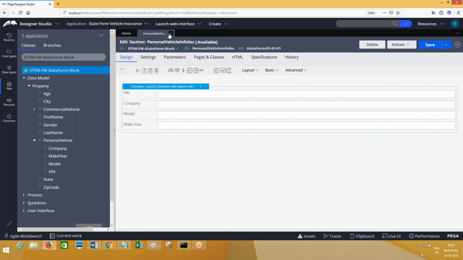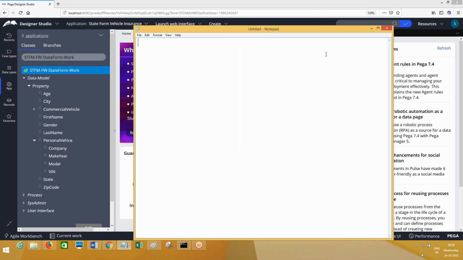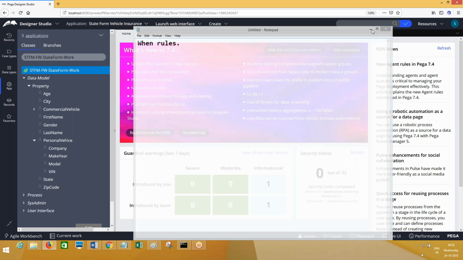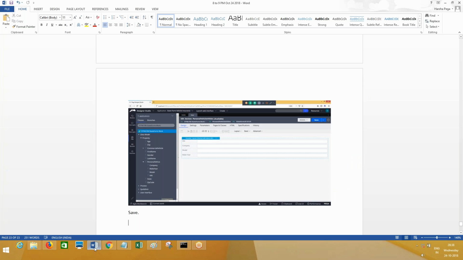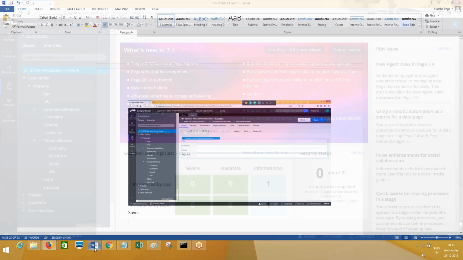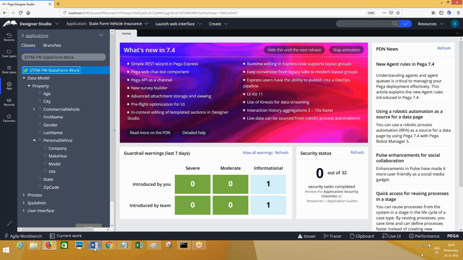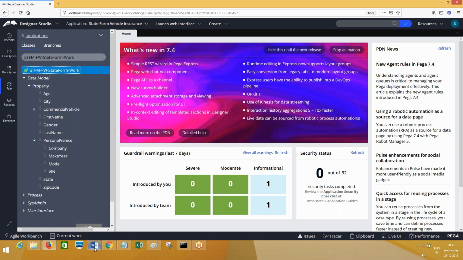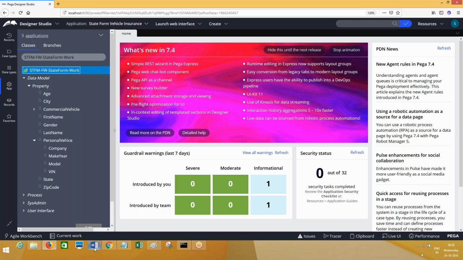Okay, so before we proceed with the next requirement, let me tell you something about when rules. So we'll discuss about when rules and visibility conditions. Otherwise, we'll redesign the same screen and then we'll discuss about when rules. First of all, we'll redesign. Page properties, you know, right? Further write down requirement. Next requirement. We'll get more practice.